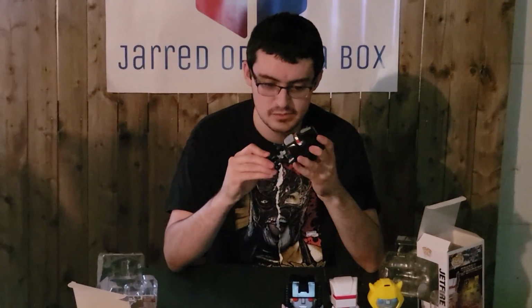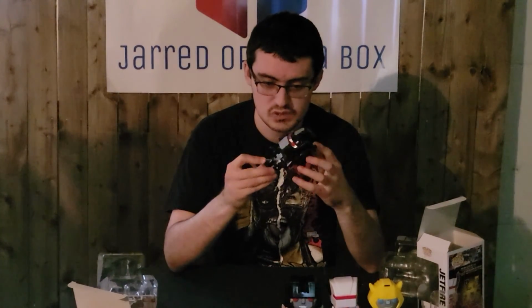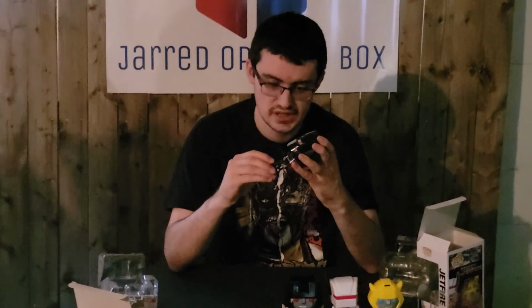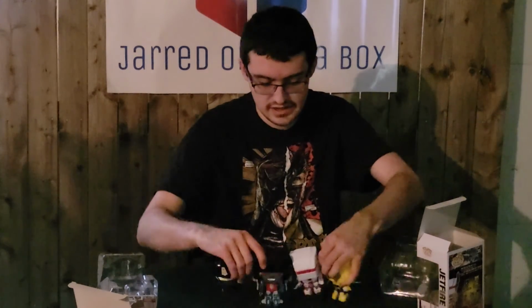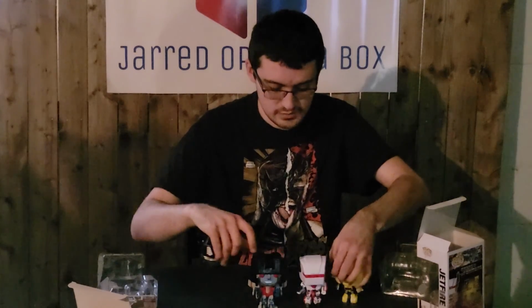He does have the gun as well, but really this looks really cool, and I'd say it's even better than Optimus Prime, just because I do like the color scheme a lot better than Optimus. The head does move pretty well on this one as well. I think they did really, really good with this one. I'm a huge fan of it, and I'm really glad Funko made Nemesis Prime. There are still quite a few Transformers that I hope that they do make in the future, so I hope that we do get to see those whenever that happens. But so far, we've had a pretty good lineup, and that includes these 4 exclusives right here: Starscream, Jetfire, Bumblebee,